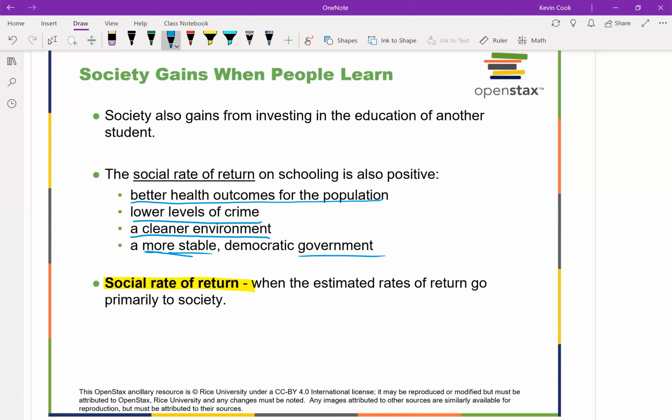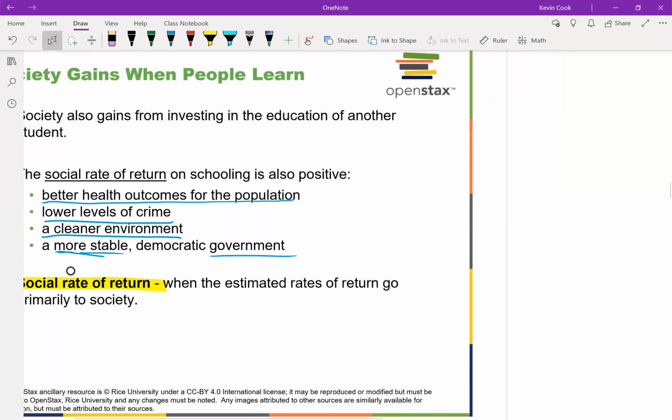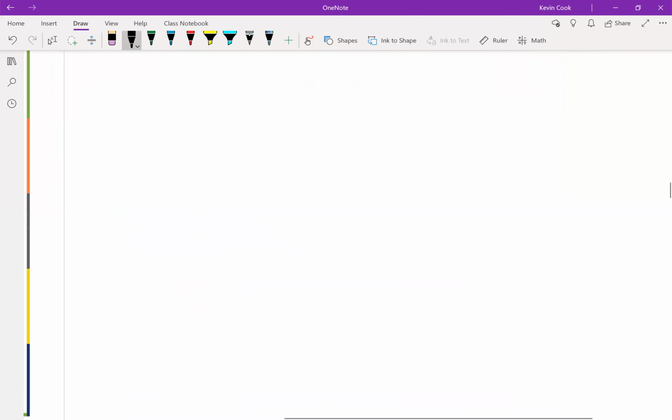So when we think about this, we say this is the benefits of schooling, this is that social rate of return. All of these, though, and not saying that being educated and educating your people don't help these, but there is another way that we could look at these. So when we think about all these benefits, we could say yes, it is education, but if we say it must be